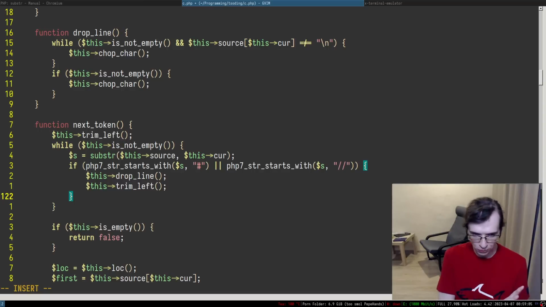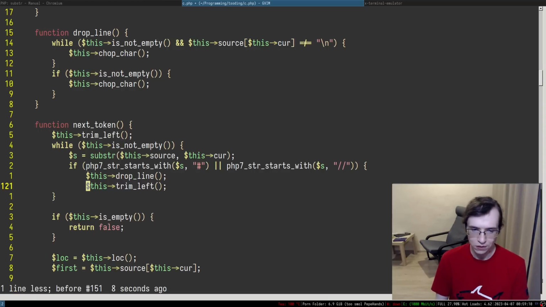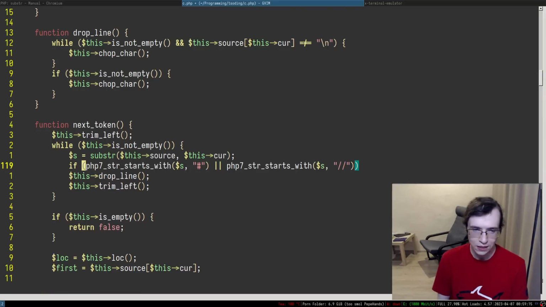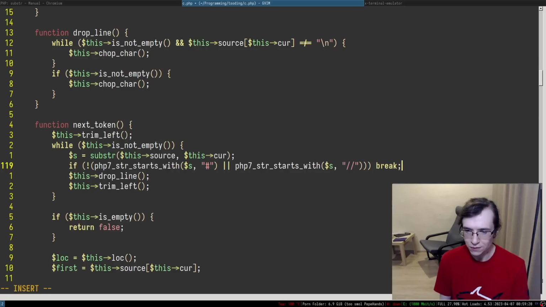We want to drop this entire loop when it's actually opposite. So essentially what we have to do is put a negative in here and put a break. But then we can apply a De Morgan law.